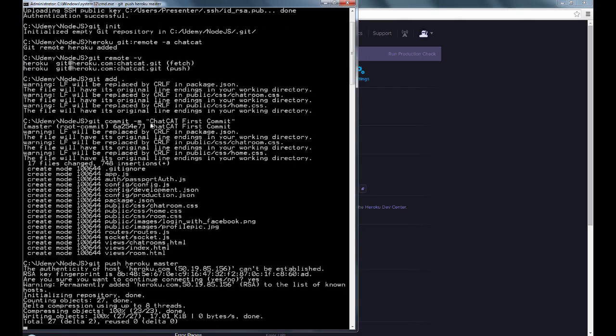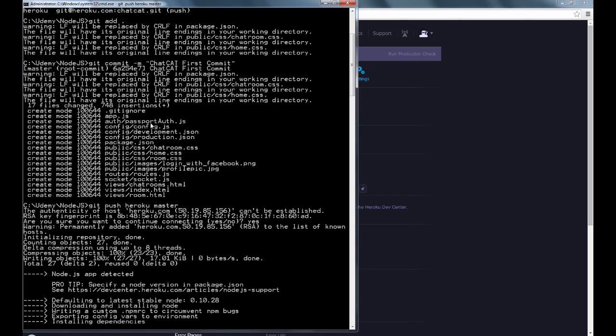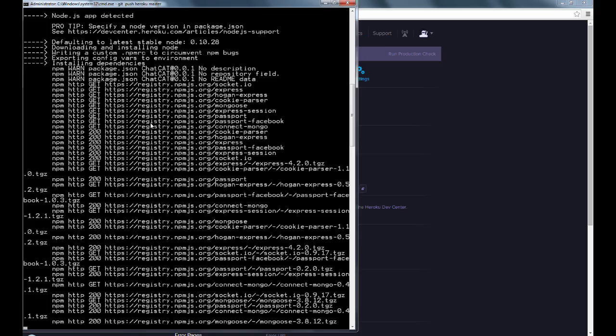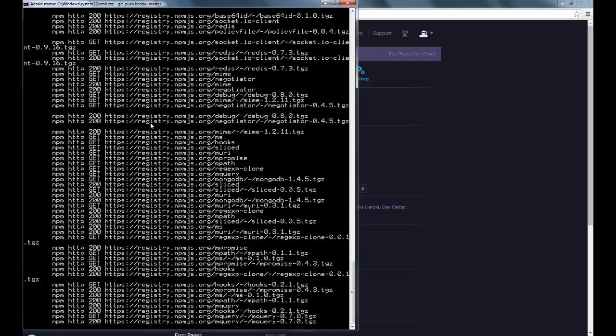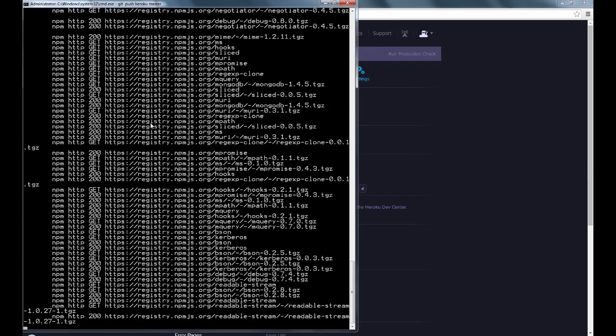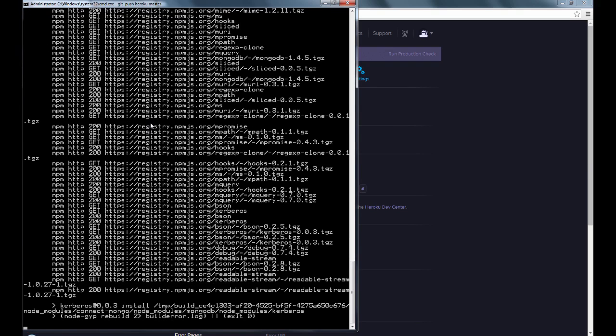Give it a moment as it uploads all your files. Now you can see that based on the package.json, it's actually installing all our dependencies directly on Heroku, so no need to upload these files.